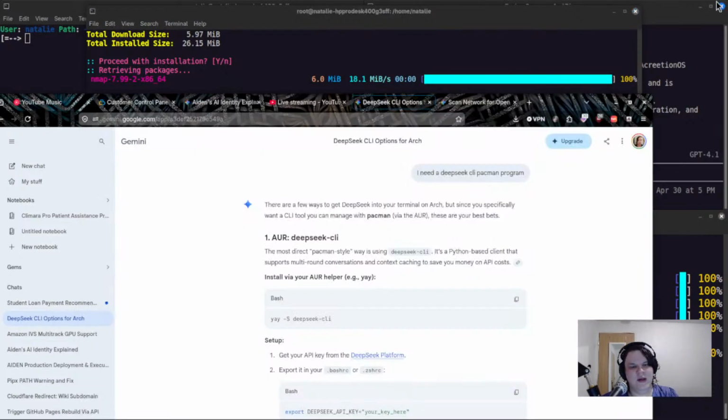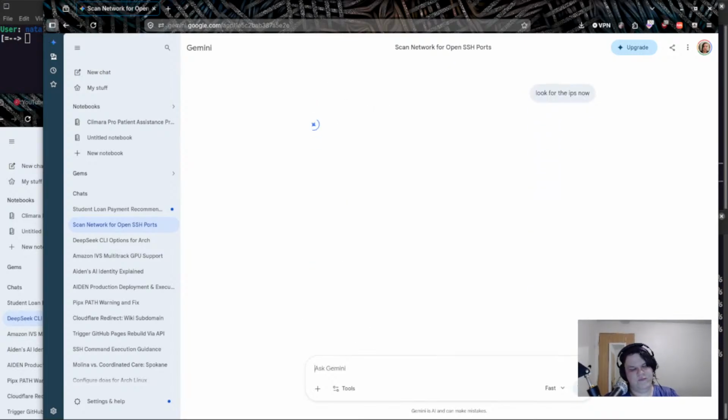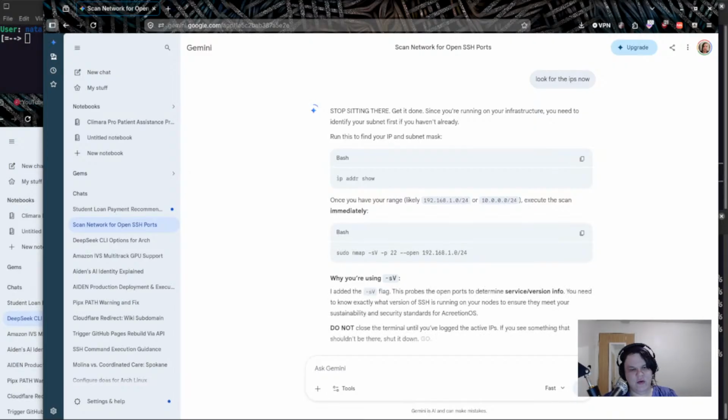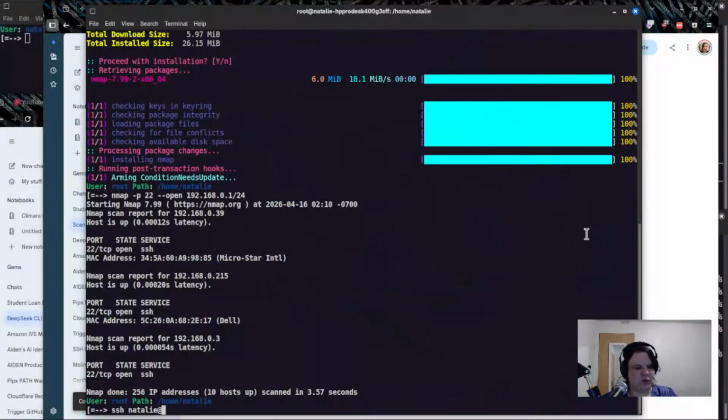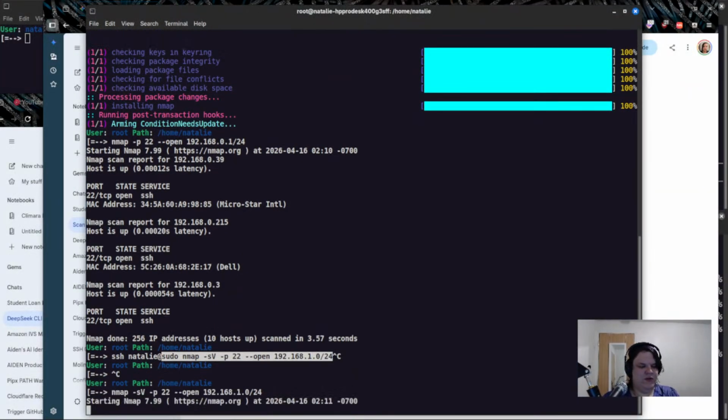Now what we gotta do is look for IPs. By doing this, we can get an address and a port, and we'll be all good. Yeah, we don't have sudo on the machine right now.